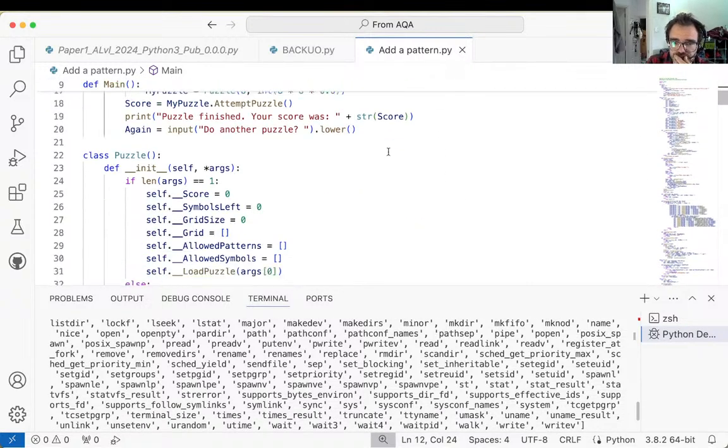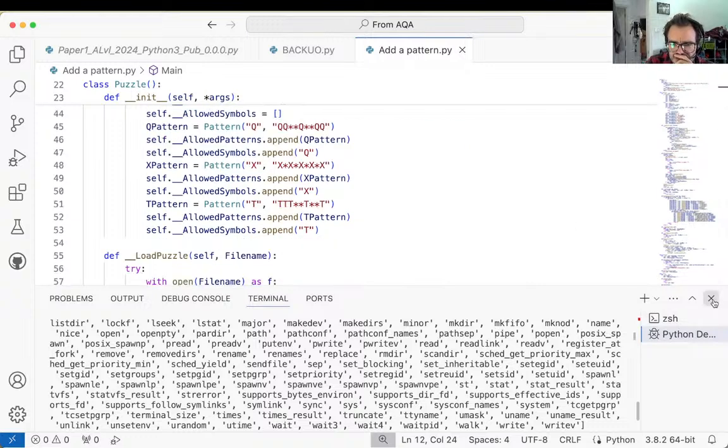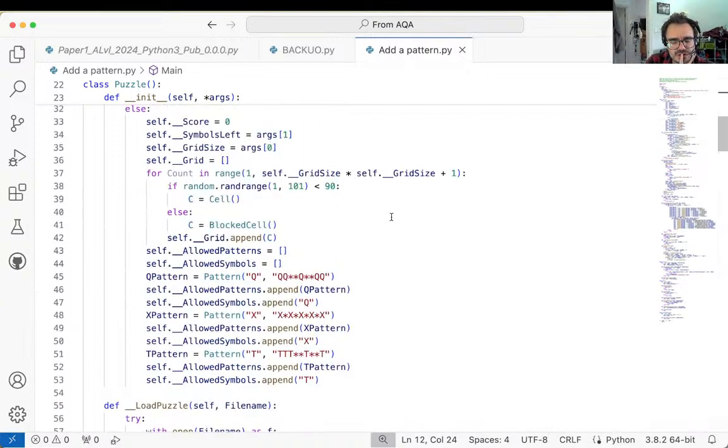So to add a pattern, oh my god, yeah, am I taking my ADHD med? Don't even,